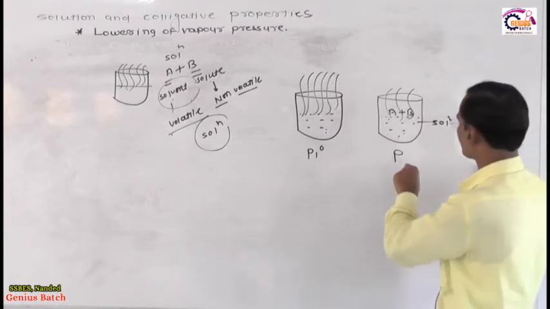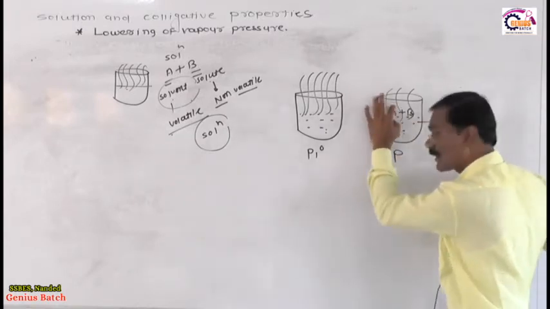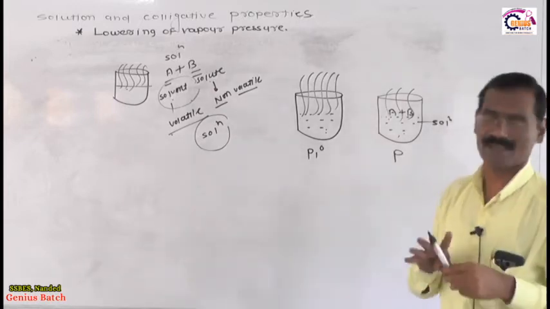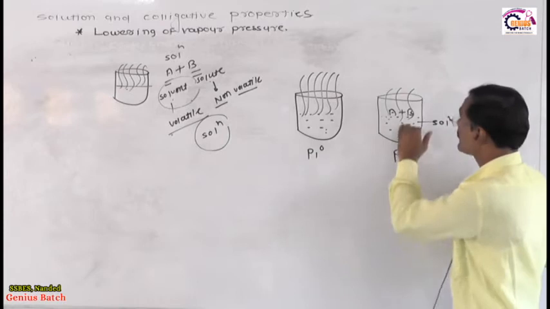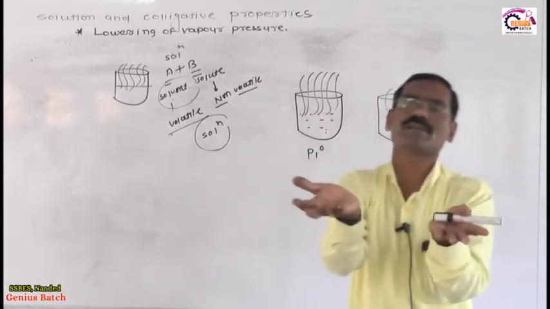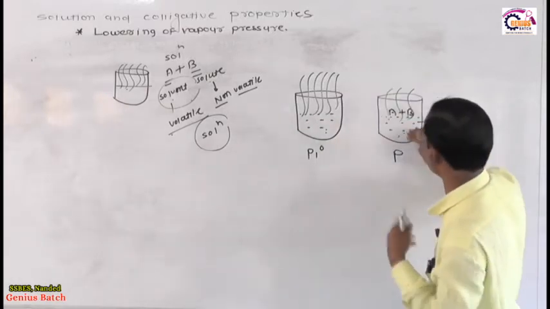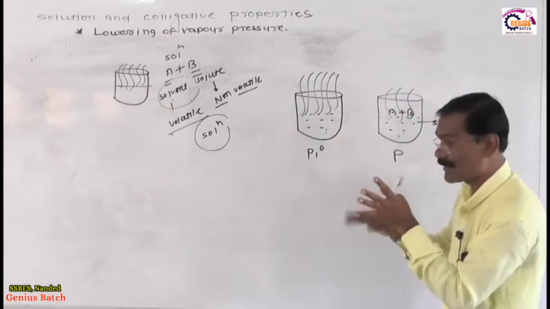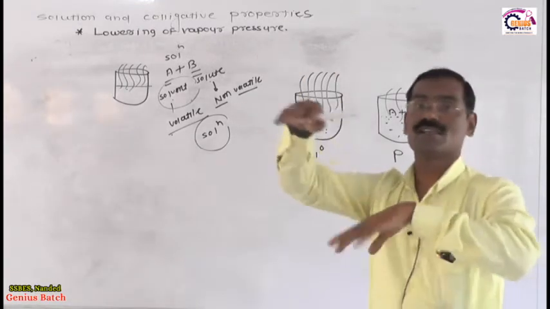So dear students, due to the addition of a non-volatile solute, the vapor pressure of the solvent in the solution decreases. Why does it decrease? Because this non-volatile solute occupies some surface area. Obviously the solute doesn't have any vapor pressure because it is non-volatile, and after occupying some surface area, the vapors of the solvent decrease because the solute interferes with the vapors. So that's why